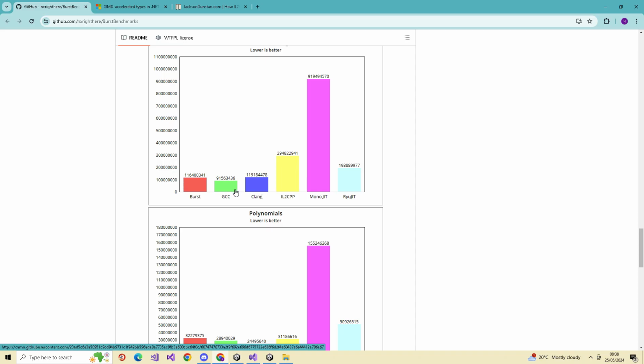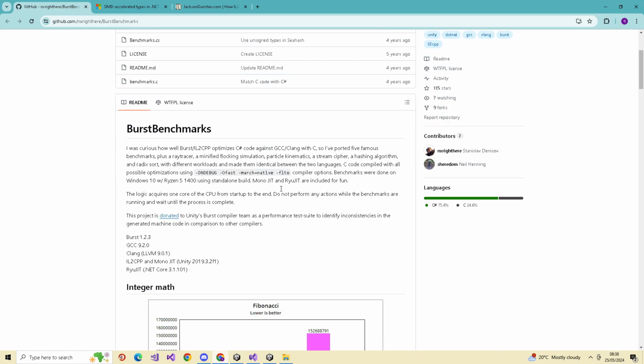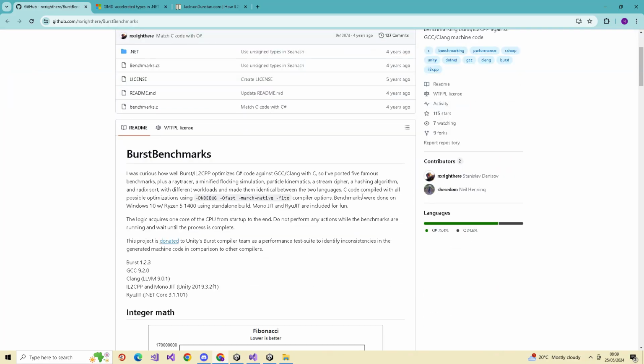I would say between the green and the pink, I've found it, yeah, well, let's read the top of this page to actually see this. Benchmarks. Hold on, it's in there somewhere. Where does he say it? Here we go. C# code, C code compiled with all possible optimizations.